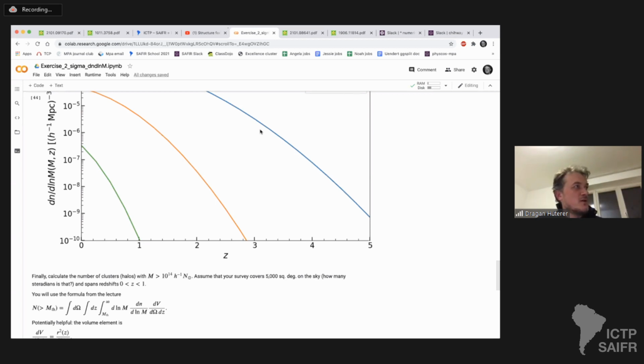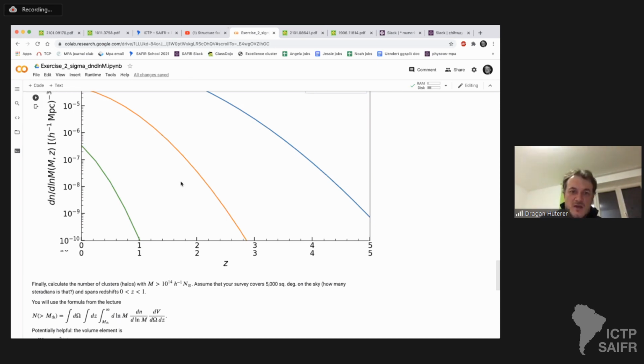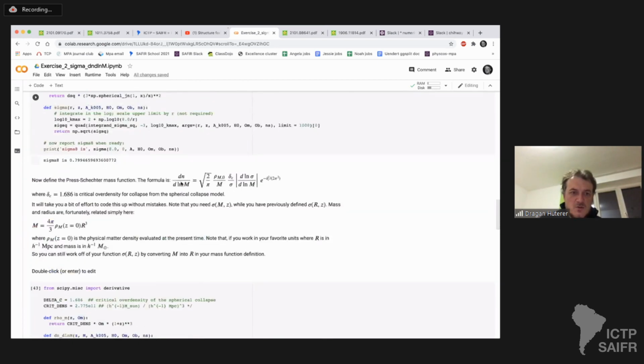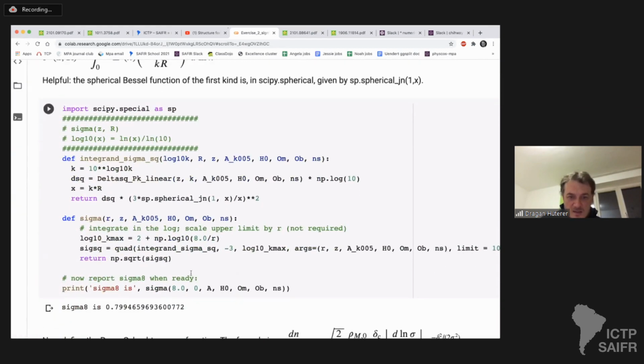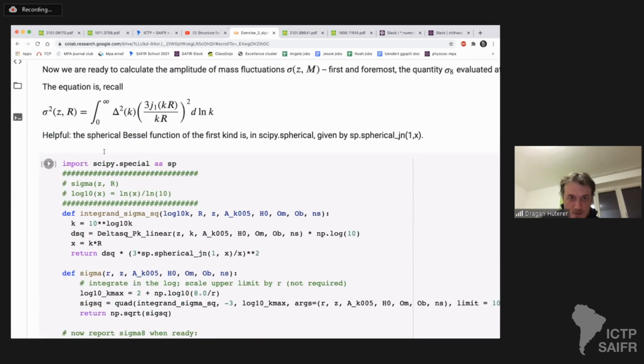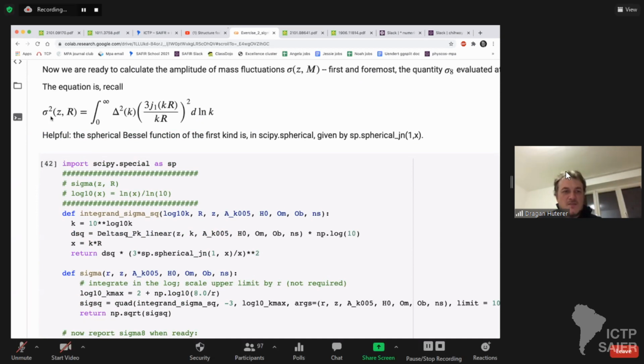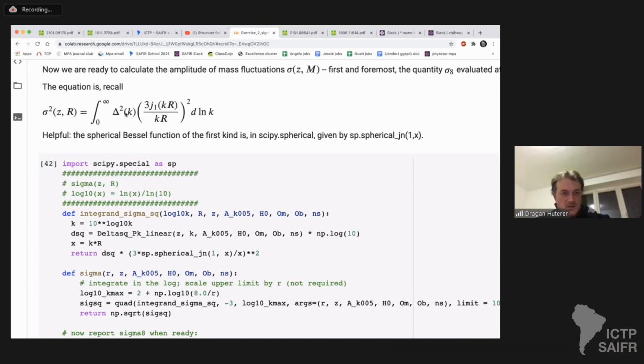You do a thing called tabulating. This is, again, a simple-minded way to do things. The sigma of r is a function. And right now we are spending a lot of effort. We have this routine here that is run many times, and this integral is being done many times as we have these things calling things. This is a tough integral to do. It takes a while. So instead of doing this integral a billion times, I don't know how many times you're doing it,